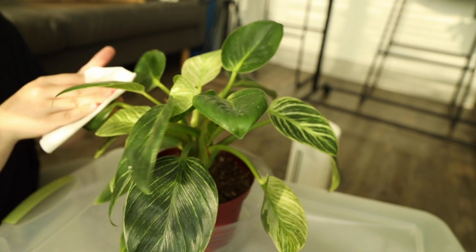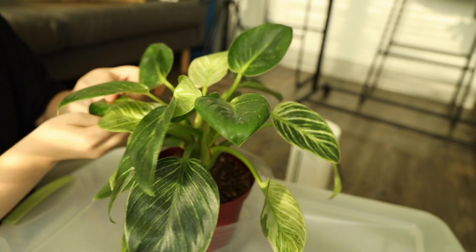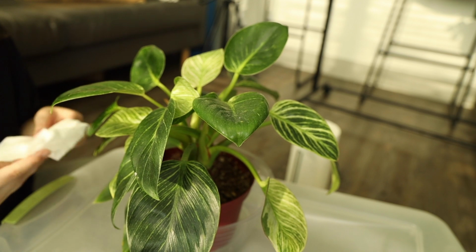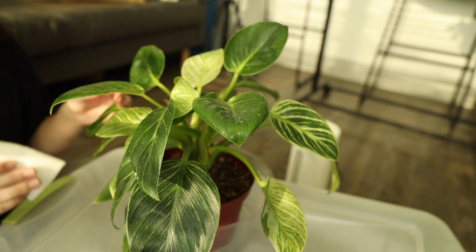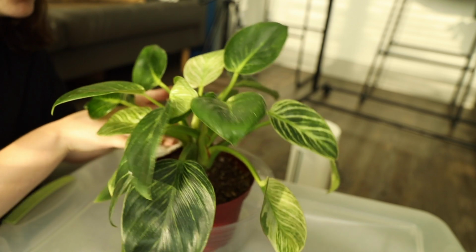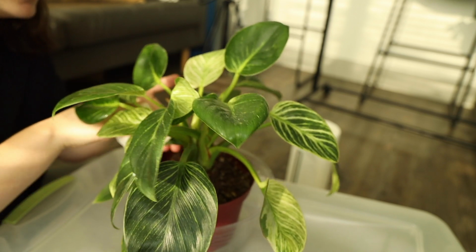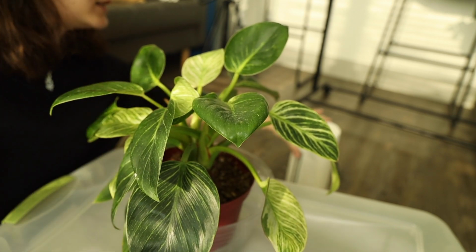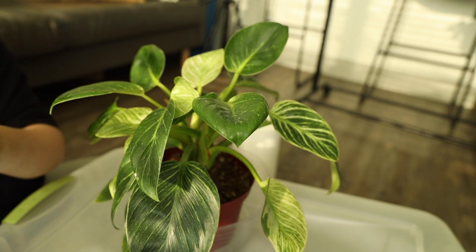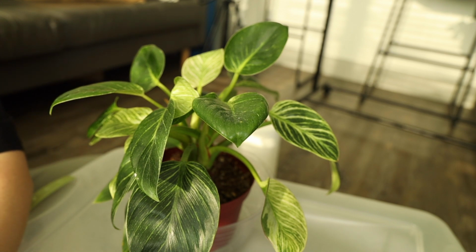And this goes without saying, but just make sure that when you're doing your routine wipe downs of plants, you switch out your rag or paper towels in between plants, because if one plant has spider mites and it hasn't traveled yet to the others, you don't want to spread them yourself by using the same rag for every single one, and potentially giving those bugs a hike to the next plant. Honestly, this can get kind of tedious with every single leaf and wiping it down, but it is definitely worth it